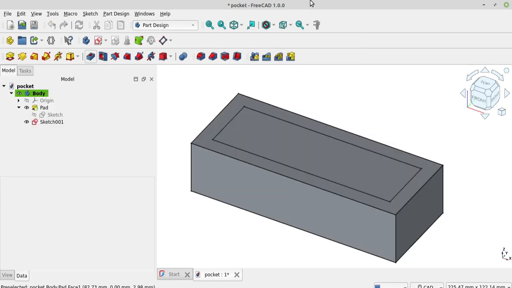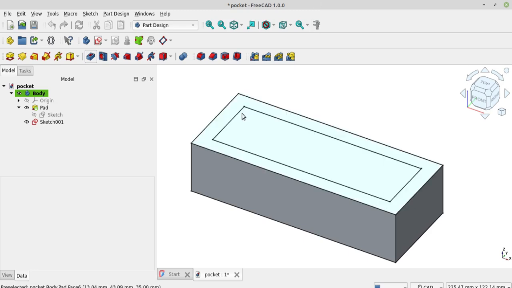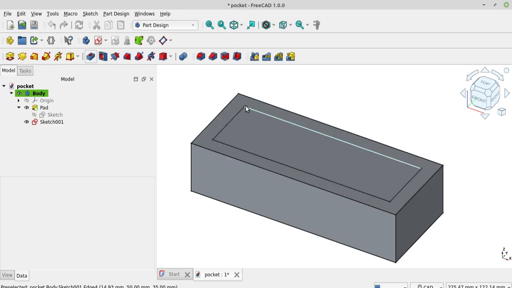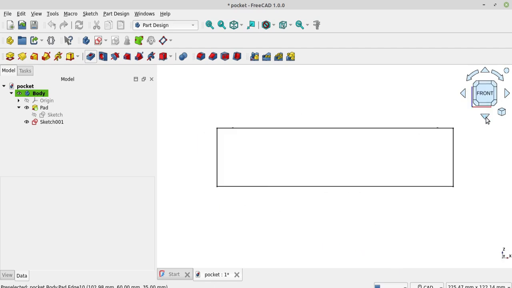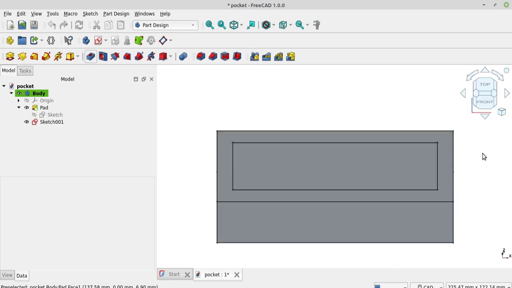Type 2 of pocket is through all. Through all cuts through the entire object. The function is to cut the solid completely from the sketch, through the entire object until the bottom.